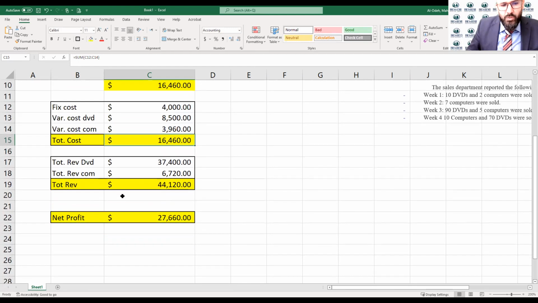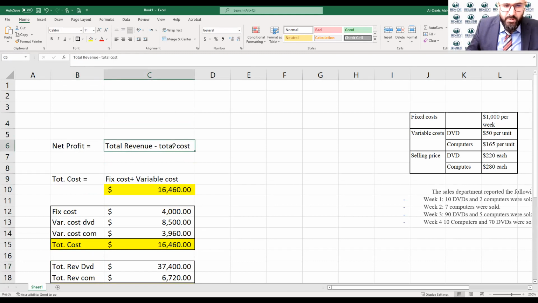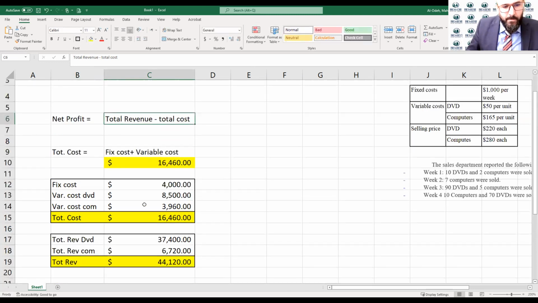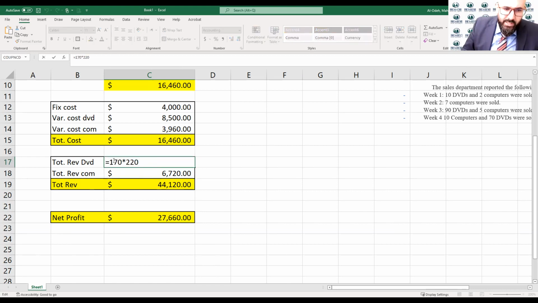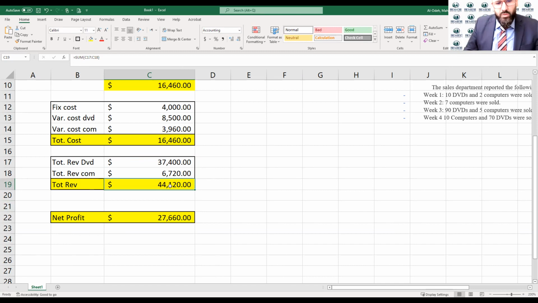And now moving into the next one, what we could see is the total revenue. Again, we're done with the first part, which is the total cost on this equation. Now we need to find out what would be the total revenue. The total revenue, I divided also into 2 steps. One, total revenue from selling DVDs, and the other one is revenue from selling computers. So 170 times 220, and then selling computers, 6,720, and this is coming from 24 times 280, and then the total revenue would be